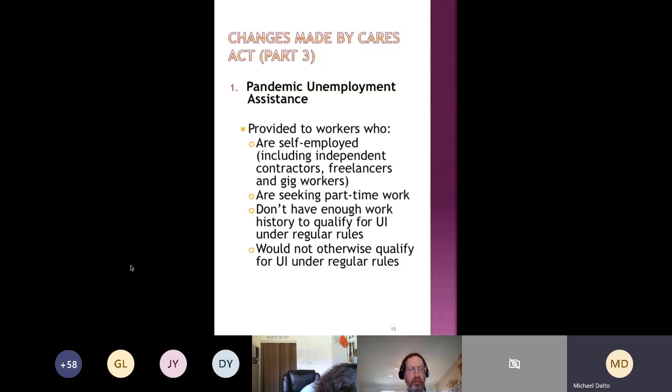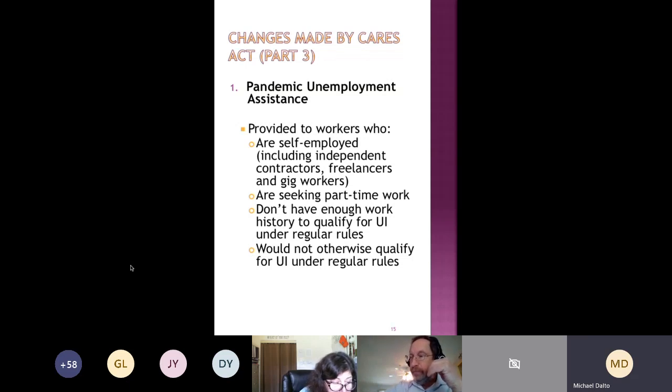They have to pay their own taxes. Technically, they're considered self-employed, even though they might not think of themselves that way. Freelancers and even gig workers are eligible for pandemic unemployment assistance. Remember, self-employed workers are not eligible for regular UI. Workers who are seeking part-time work rather than full-time work,